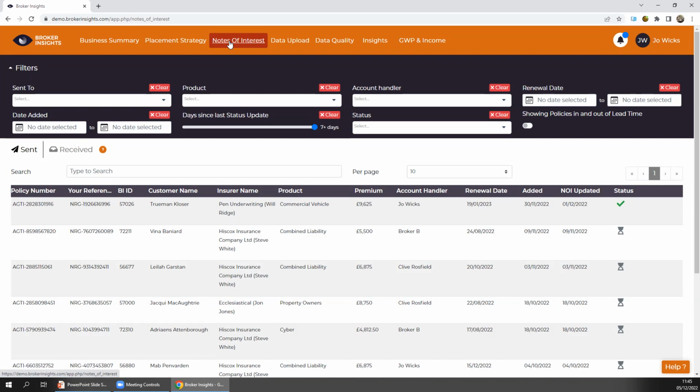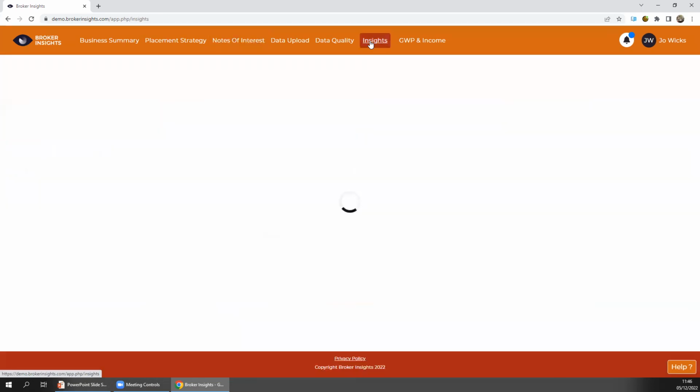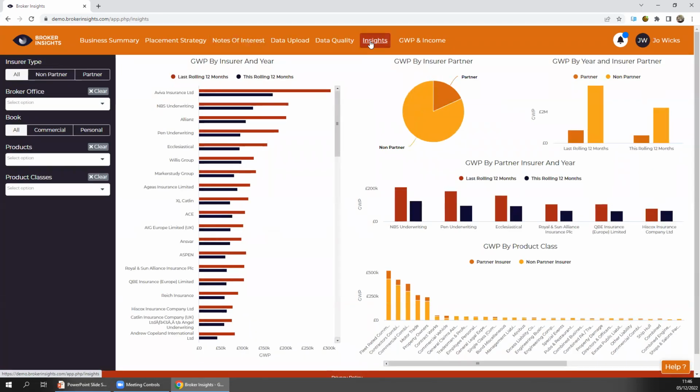But the last little bit for me to talk about in here is the other side of the platform that you can get the MI data from. I used to do a lot of work with OpenGI and Acturis. I know you can get a lot of information from those broking systems. However, as a really quick click, you've got an Insights tab, which will show you, for a rolling 12 months, your insurer strengths. So all of the insurers you've got in your book of business, where you were last year versus where you are this year.